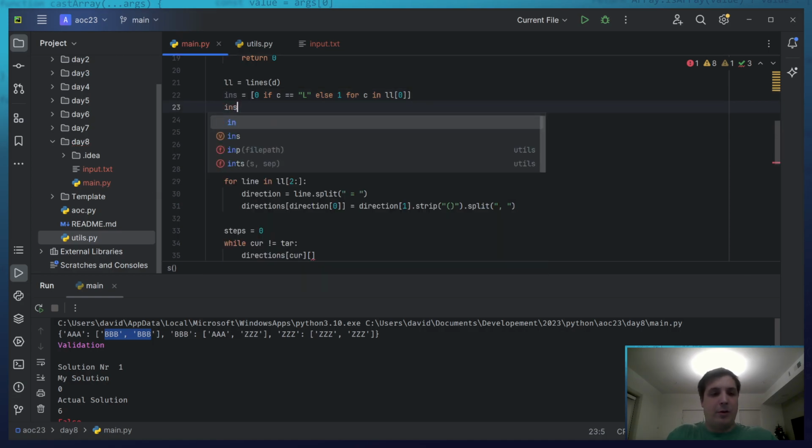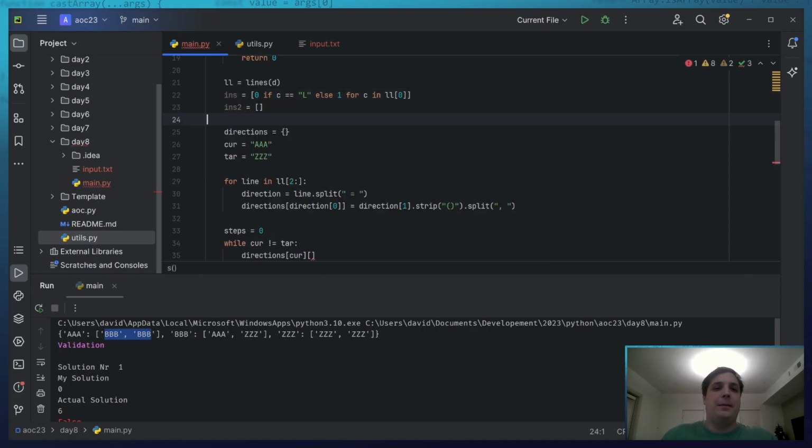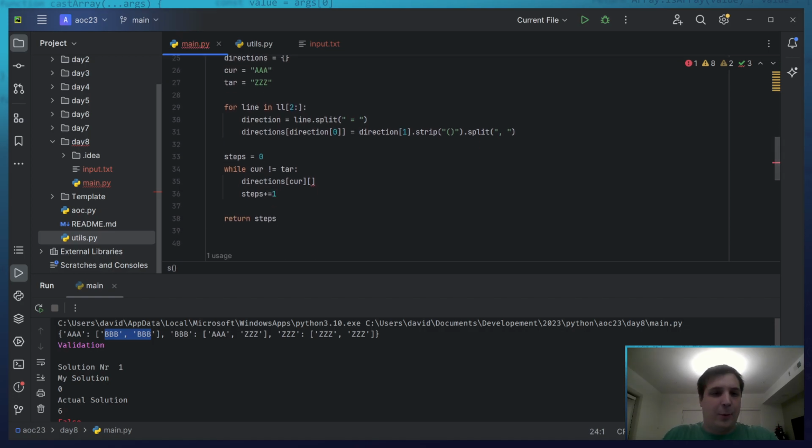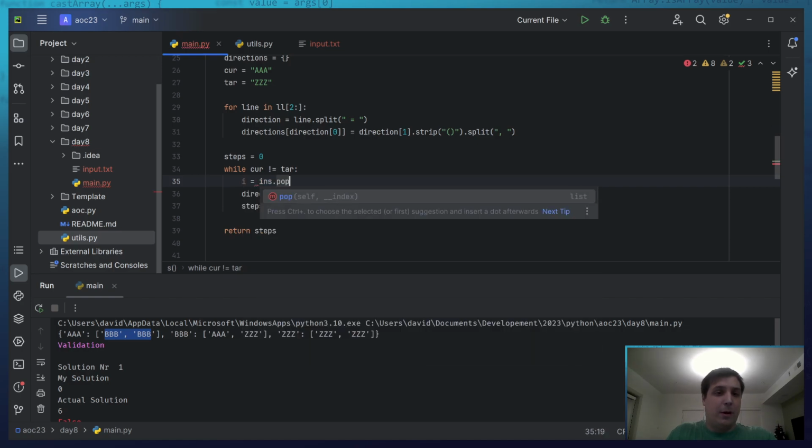And that's how I'm going to do it. Instructions 2 is just empty. This is what I'm going to do: I'm going to pop out from the front the current instructions that we have and feed it into instructions 2. If the current instruction is empty, we swap them. That's what we're going to do. So i equals ins.pop(0).